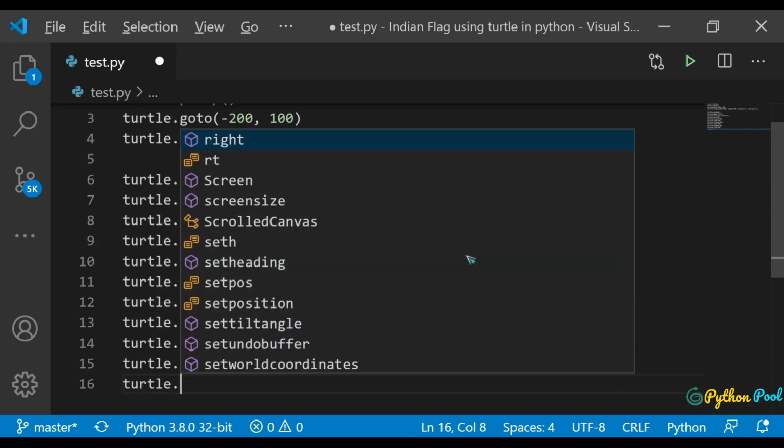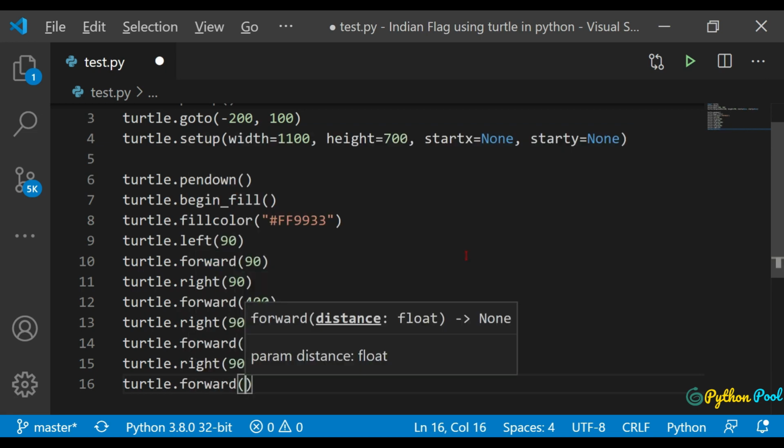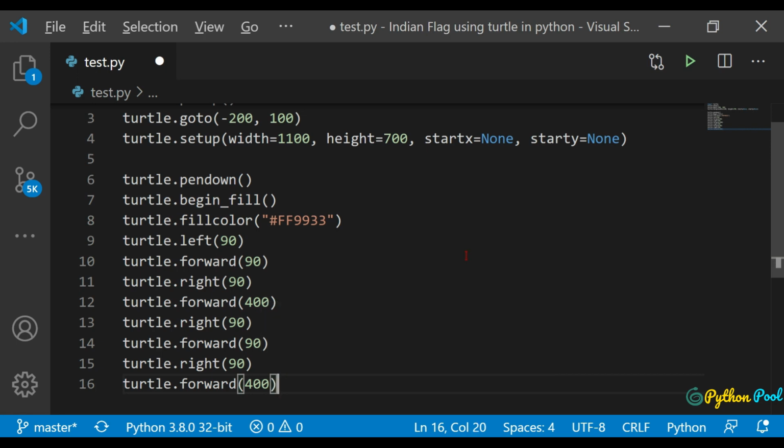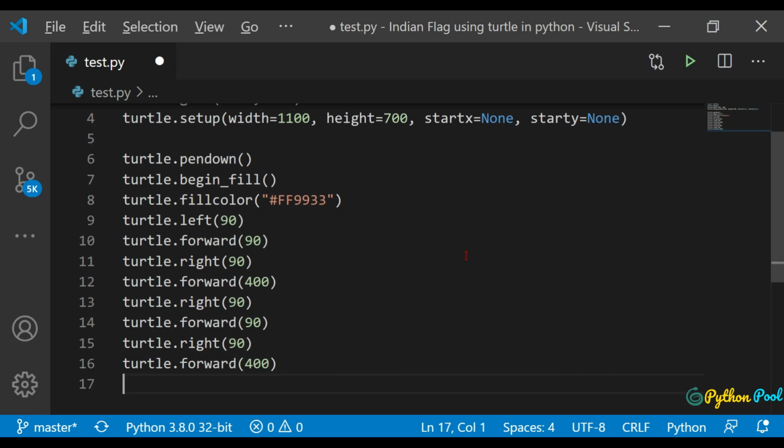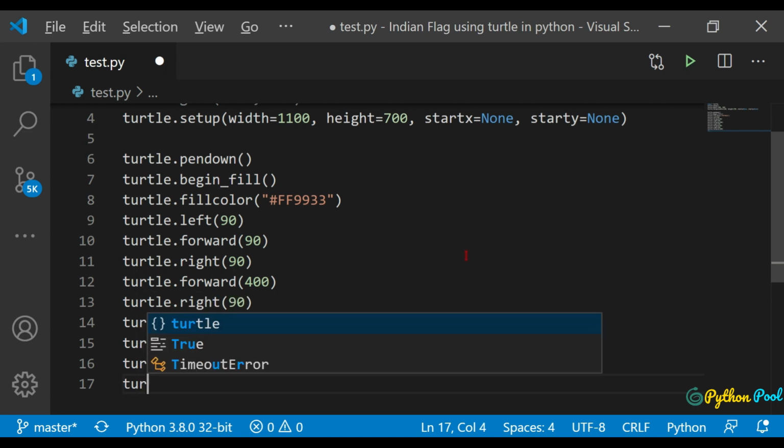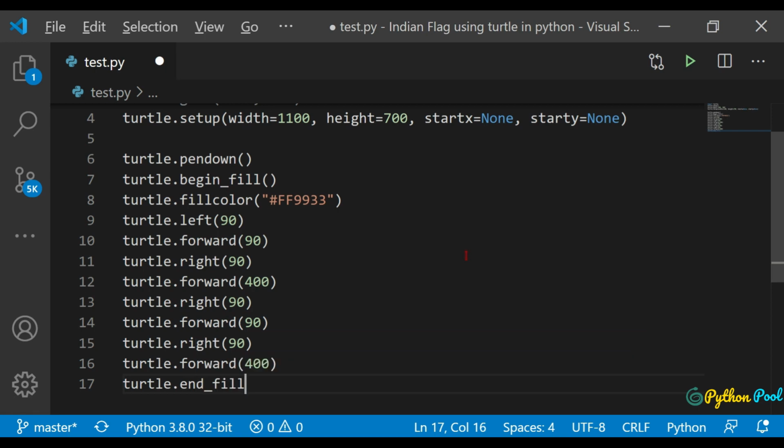So turtle dot forward, the units which have the width, that is 400. So we need to return to that unit. And once we complete this block, we need to fill the color. So turtle dot end_fill will fill the color, and it will fill this color, which is orange.